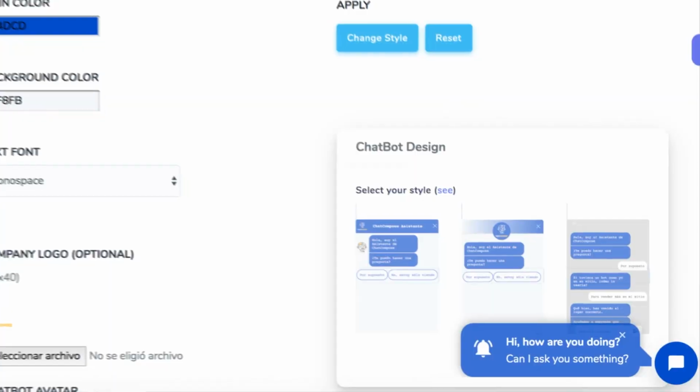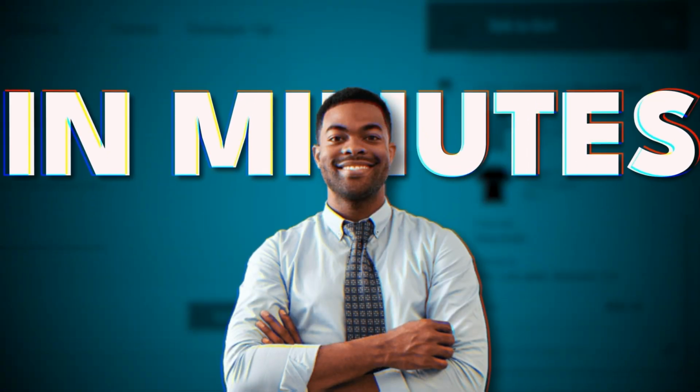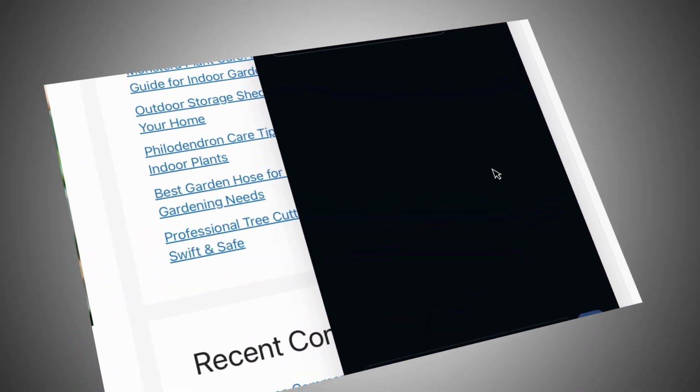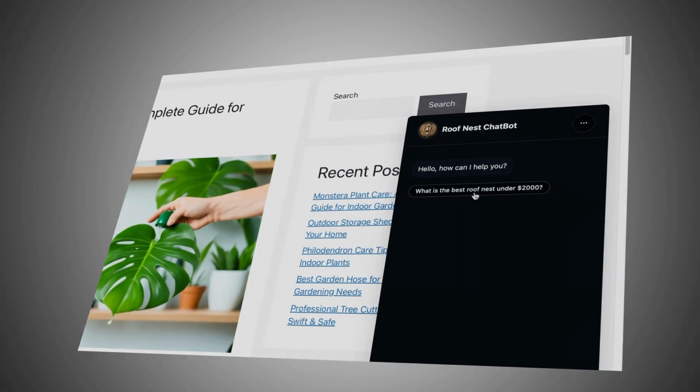Before, creating an AI chatbot was hard, but now it's easy and it only takes minutes. Having an AI chatbot on your website can be extremely powerful, and you can do this easily by using a